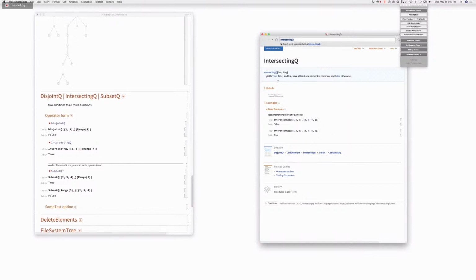I mean, these functions are not new in 13.1. I think the SameTest option being added and the operator forms being added are new. And right, but we've only defined IntersectingQ for the two-argument form. Right. But Intersection is var args. Right. And it seems useful for it to be var args. I think one day it could be var args, in which case we shouldn't give it an operator form. Yeah, I agree. What will it mean? Do they all intersect or do pairs intersect? I think it's just checking if the length of the intersection is greater than 0. Yes. Okay, because although it's not on this list, it probably should be. We do have UniqueElements, which can be used to